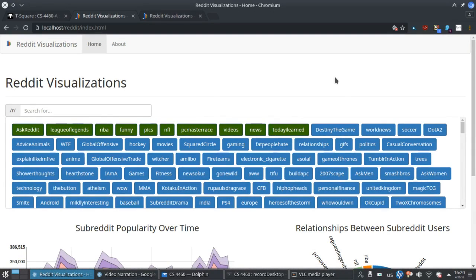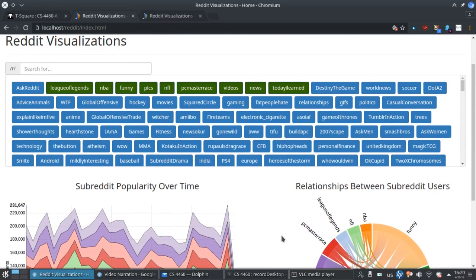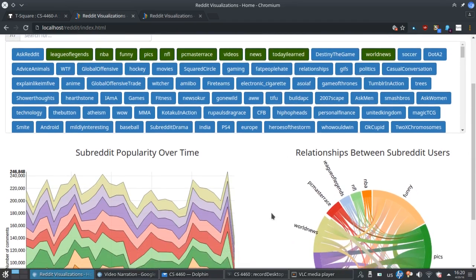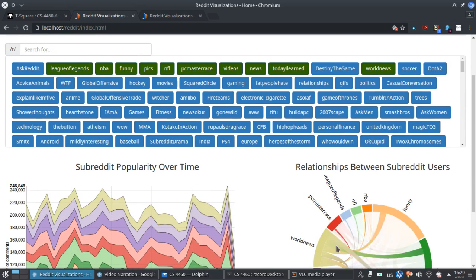Here is our visualization website. To begin, you can see that the top 10 subreddits are selected by default. I can click on the button for any one of these to deselect it and have it be removed from the visualizations. I can then click on the button for another subreddit to have it be added. The colors for the subreddits always match across the two visualizations, so you can match up the subreddits across both